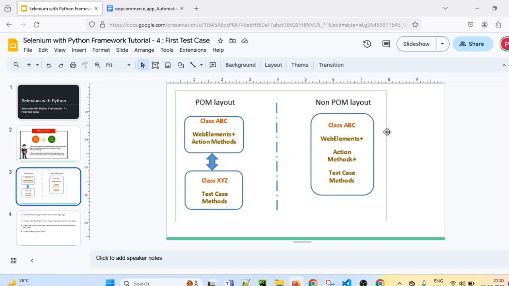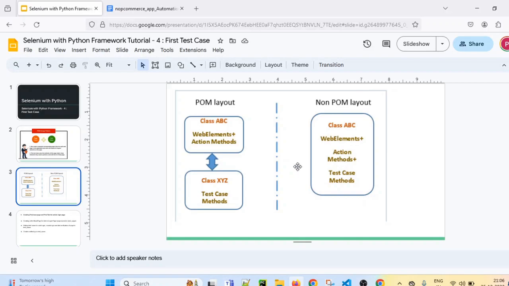And in those 10 to 20 cases, let's say any of the web elements changes. We know that in development, a web page can change at any time, in any development cycle. So if any one of the elements gets changed, then our script will fail for all the 20 test cases.